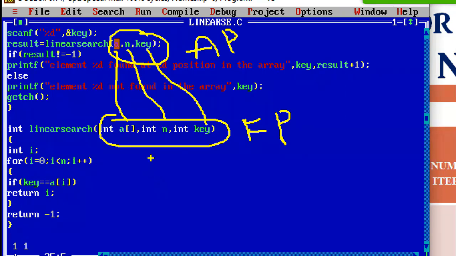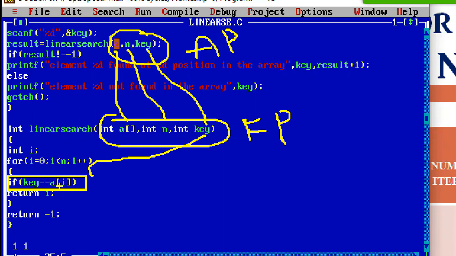Then what to do? We need to compare this key element with all the array elements. One by one, if the i value is 0, the 0th index element will be compared with key. If the key element matches a of 0th element, it will return the i value 1. If not, the next element.